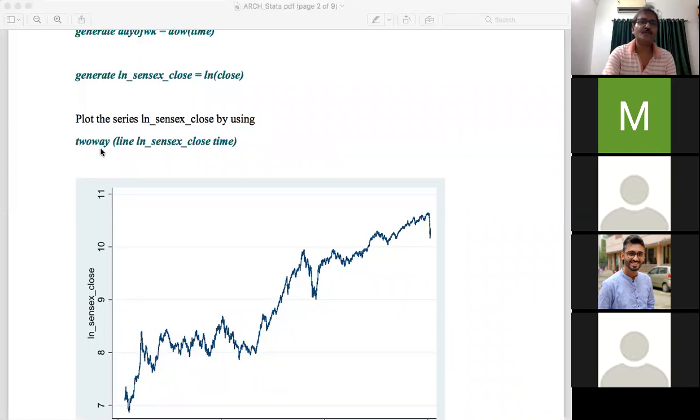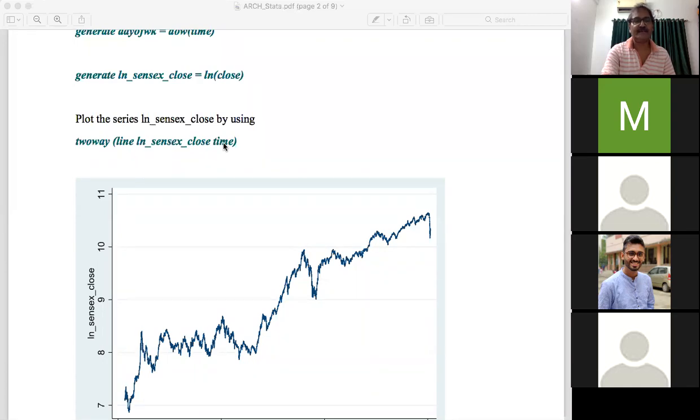So the command is twoway within bracket line space the variable name. We have generated the variable by the name ln_sensex_close. How to get it: it is equal to ln of close. So you have to put the variable name. So this is one variable. Another variable is time, which you have generated in your data.